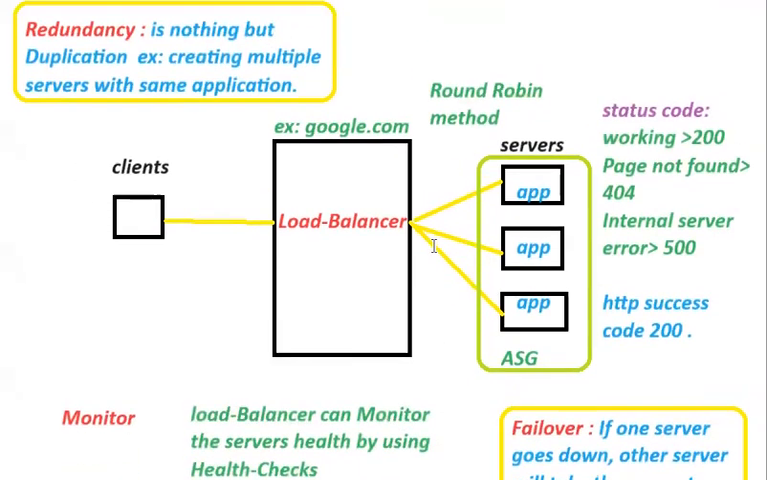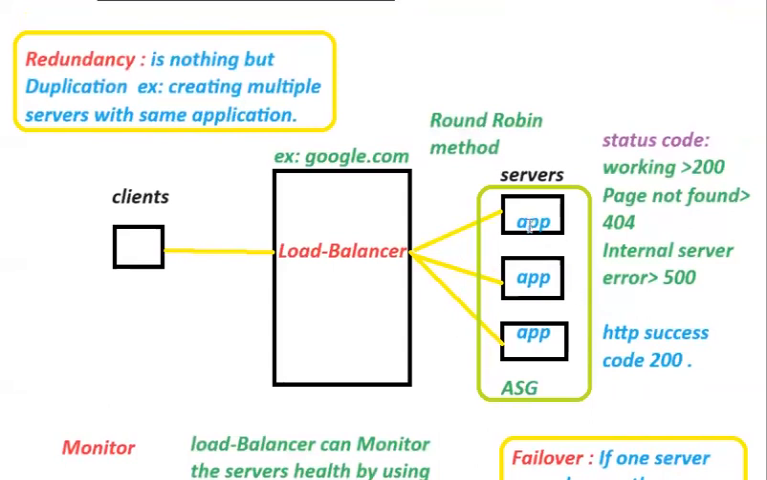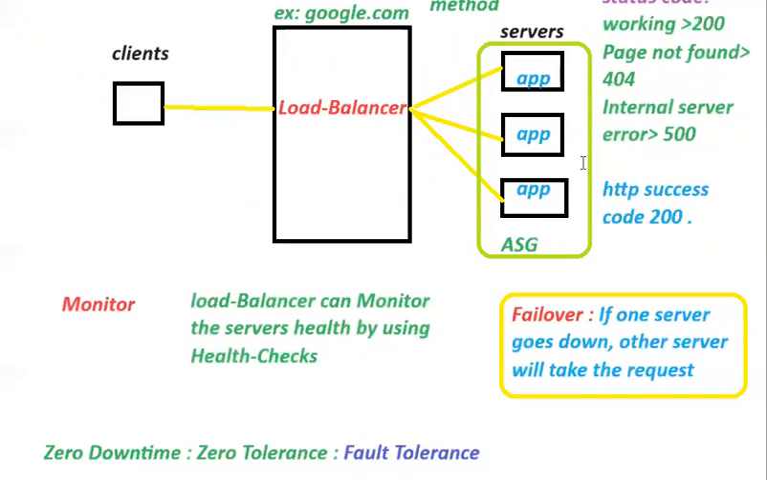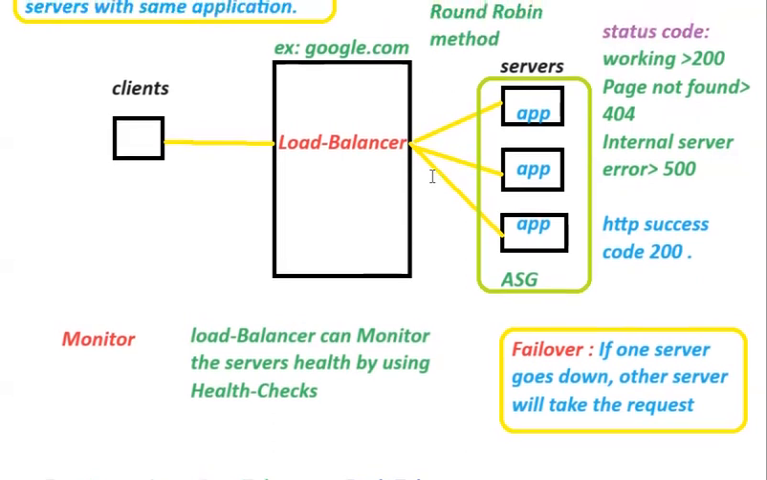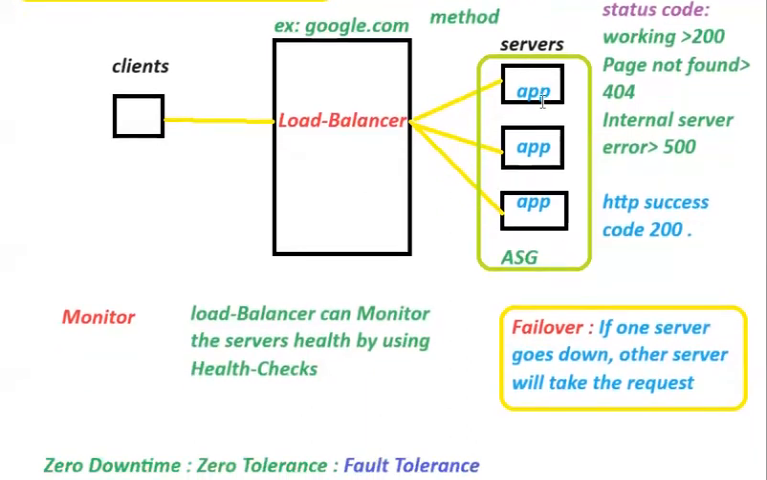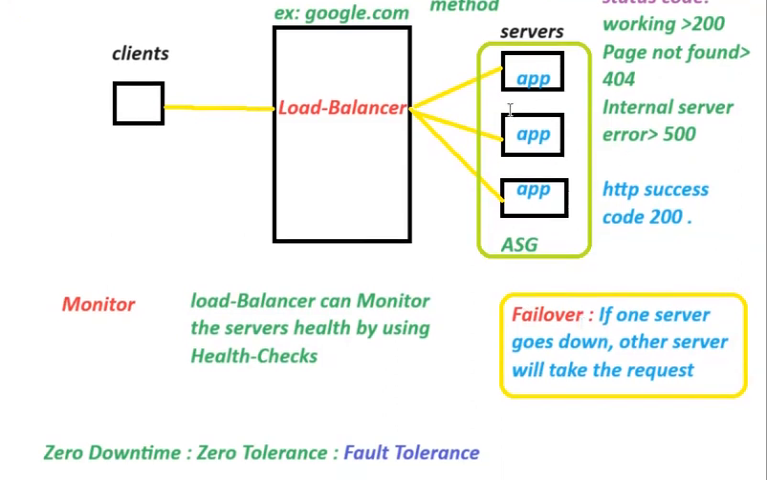You can see in my architecture I have redundancy, that is, multiple application servers, and my load balancer is monitoring my application servers by using health checks. Whenever any application goes down or is unhealthy, my traffic is routed to another application, which is achieving failover. If all my servers go down, then based on the auto scaling group,